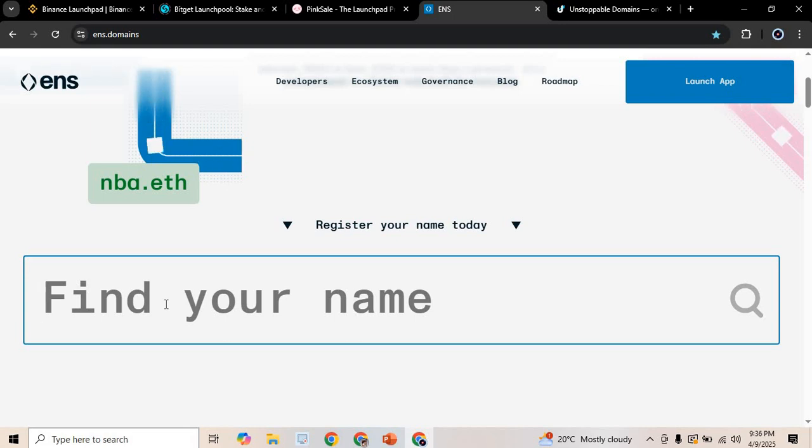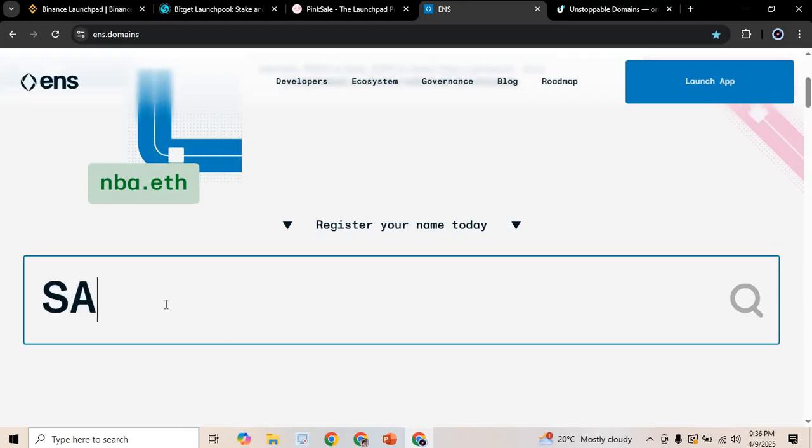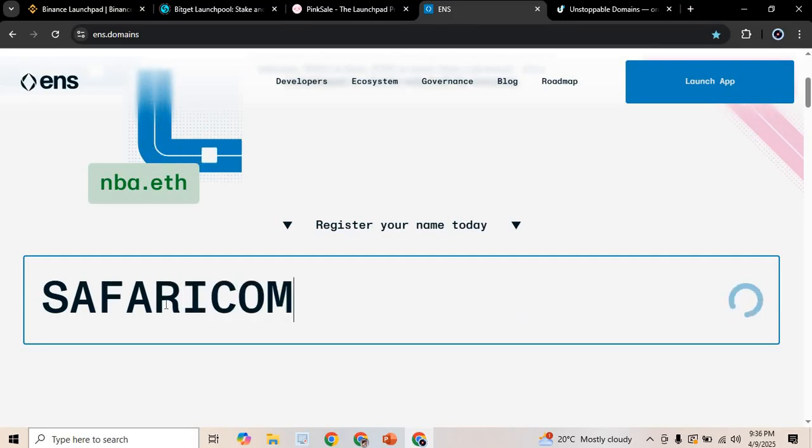Because a scammer might buy it so that they can confuse people. Okay, yeah, that's a good opinion. But let's look. My guess is it's not available. People are very smart already. Safaricom, I'm very sure someone has already bought it. They're just waiting for Safaricom to adopt Web3.eth.